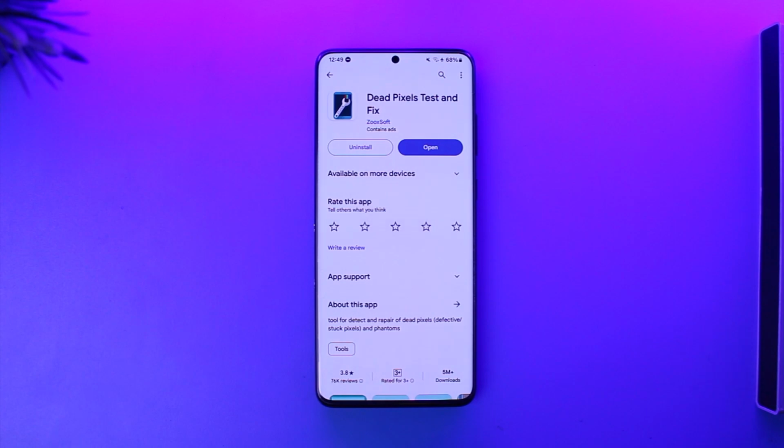In this video I'm going to guide you through the steps on how you can fix a glitching phone screen, so make sure to watch the video till the end. Now if you want to fix a glitching phone screen, maybe there is a green line and it is keeping